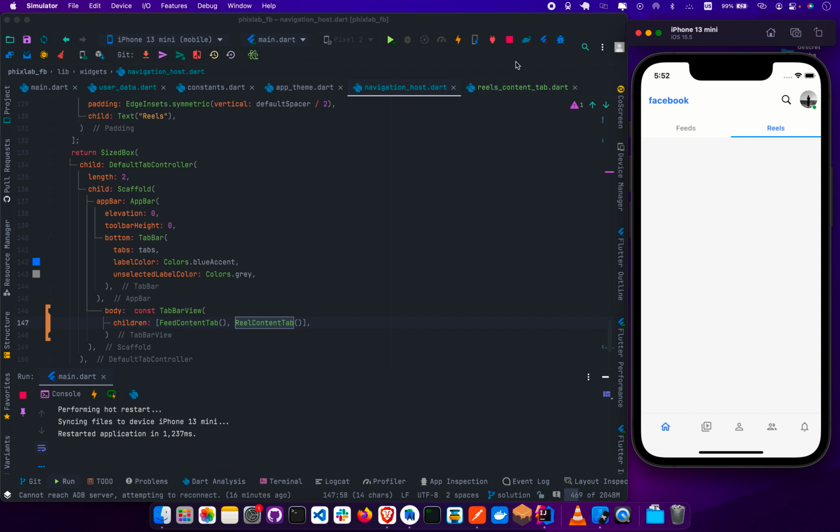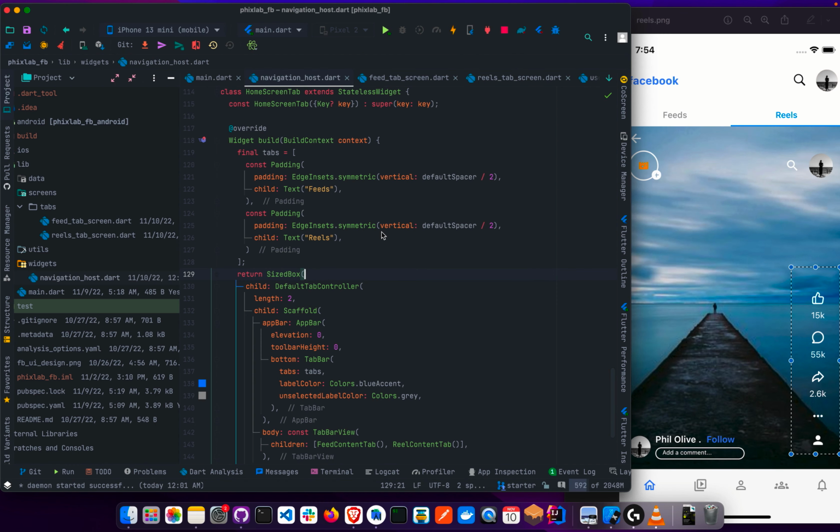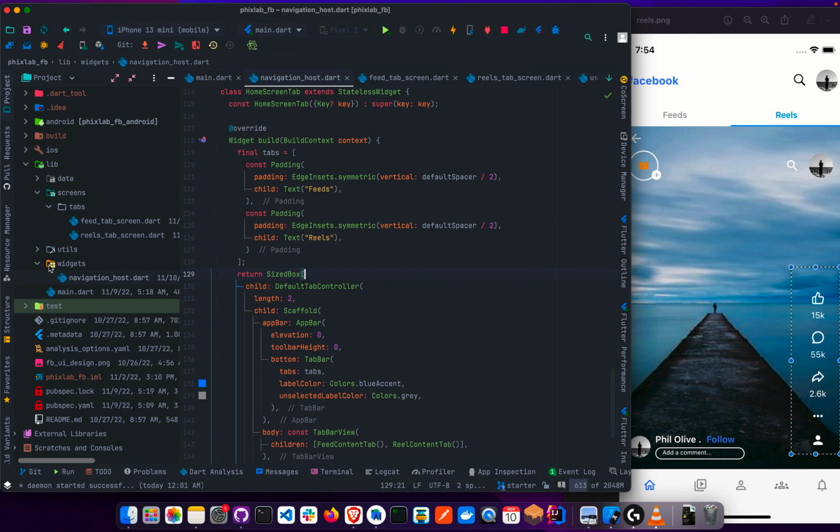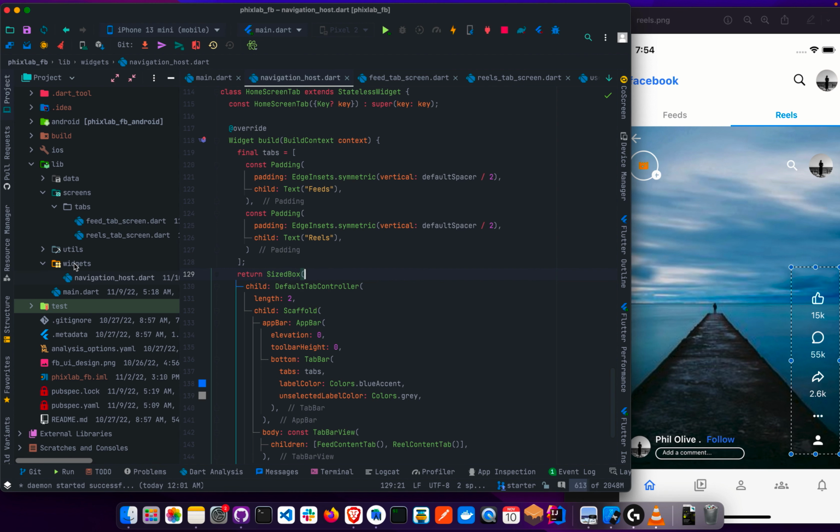Let's jump into that. Okay, so let's quickly start by organizing these very widgets. So we're going to create different widgets that represent these guys. So in the widget screen, I'm going to go ahead and create all the possible widgets that we're going to have, both for the feed and for the Reels. Currently, we're on the Reels, so I'm going to go ahead and create